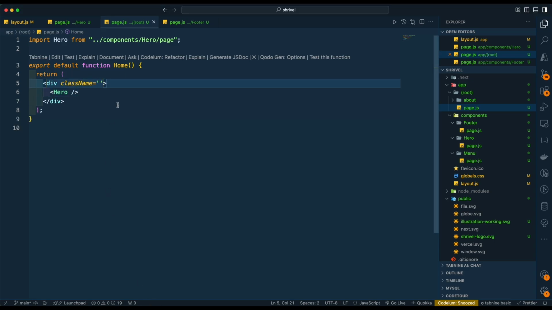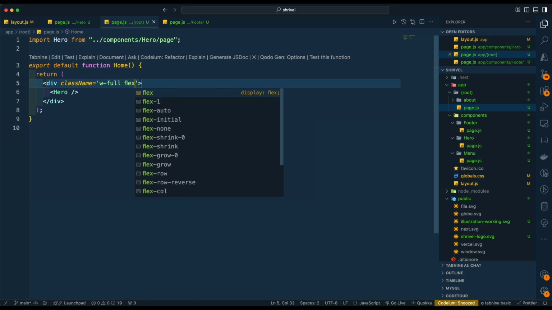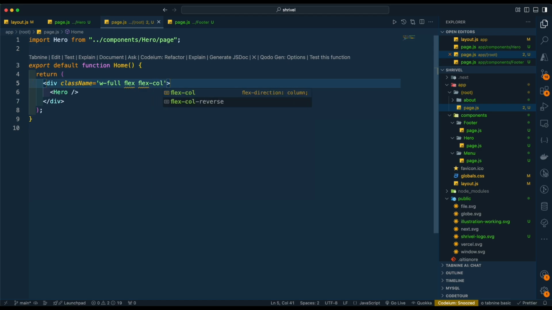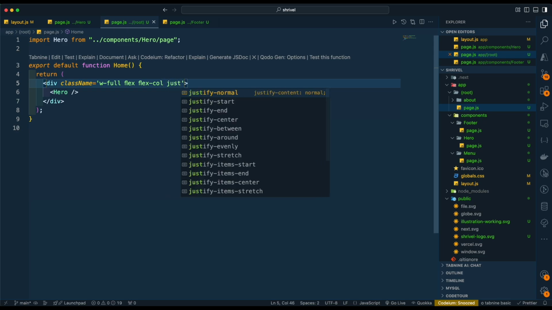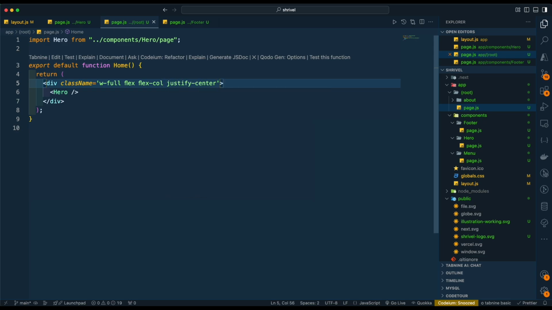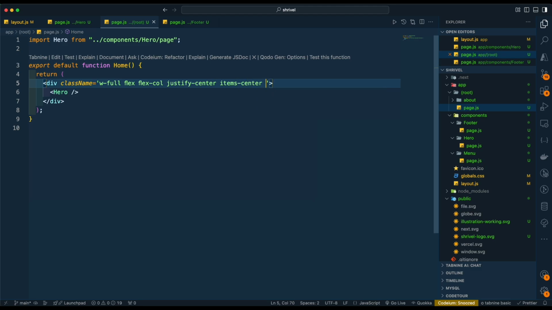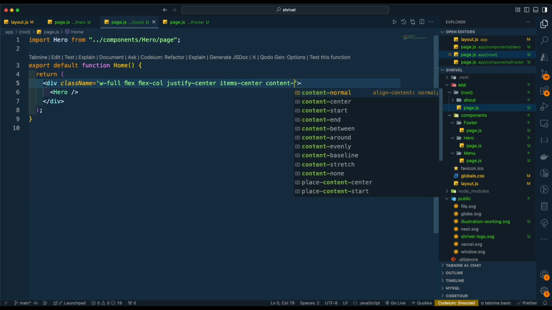Now again, we need to add some classes, which is going to be a flex, and flex column, because we want everything in here to be aligned vertically, and then justify content center, and then align items center, and then lastly